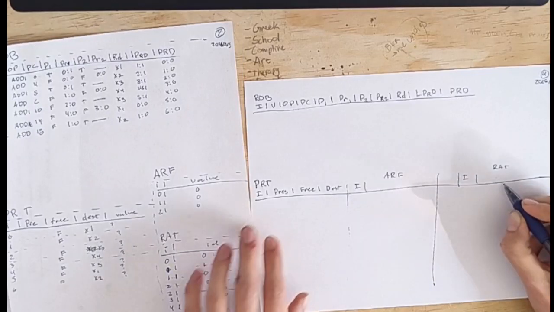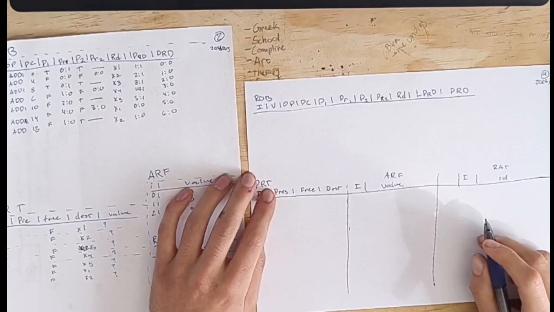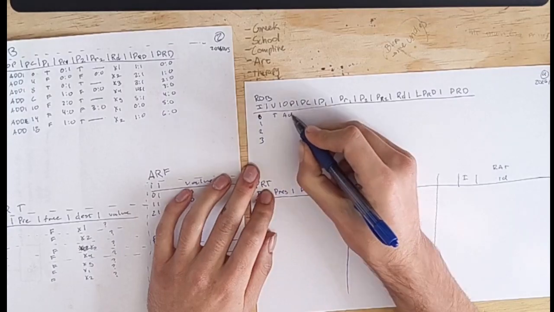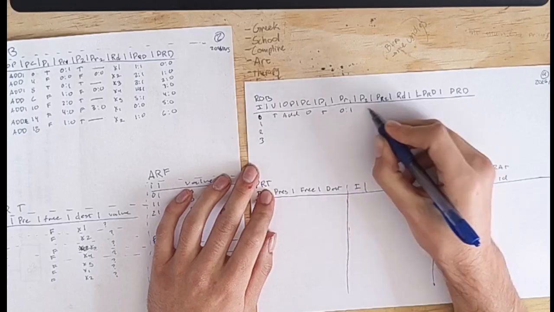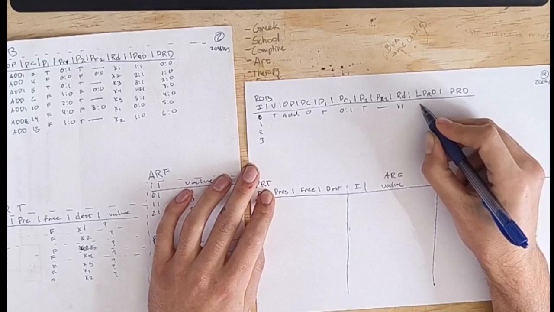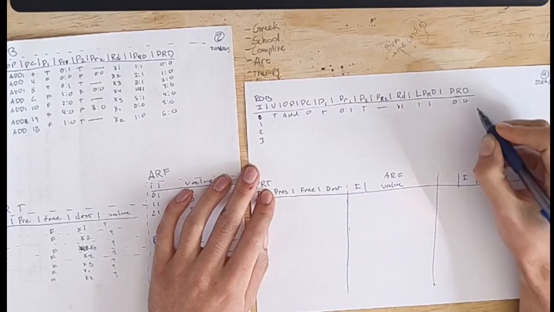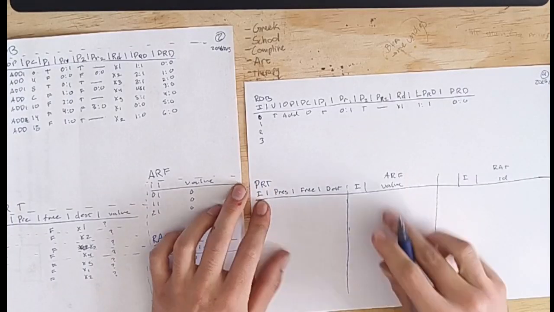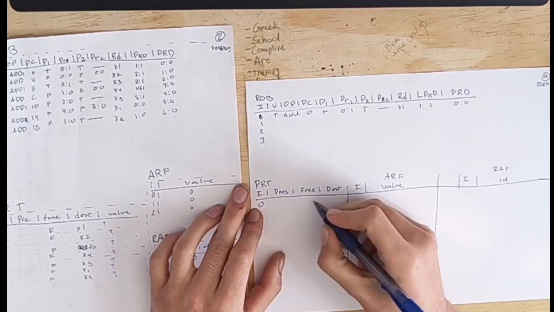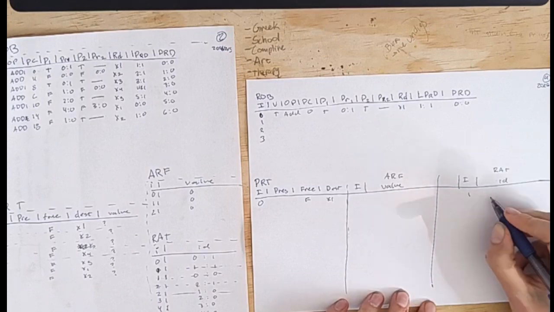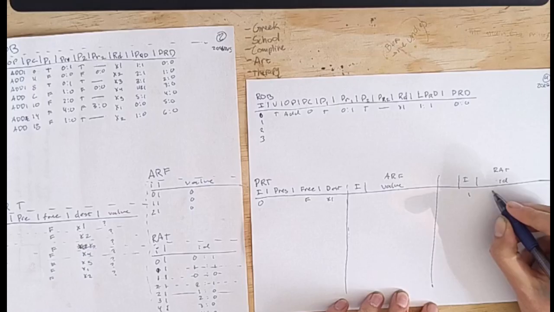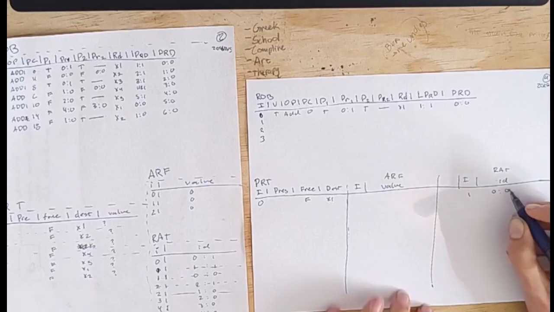The RAT has an ID, and the R has a value. Okay. So let's say a valid entry: the PC is 0, P1 is true, 0, 1 true, here 2, RD is X1. The last PRD is 1, 1, PRD is 0, 0. The last PRD is 1, 1. That'll be from the ARF, right? New PRD is from 0, so 0, present false, free false, destination is X1. Alright, and then inside the RAT we'd have index 1 would be 0, 0. Right? So